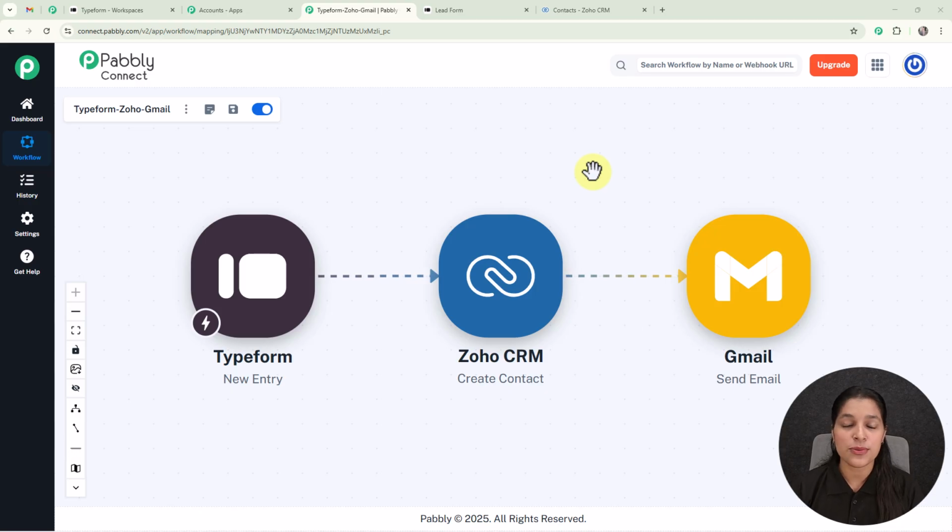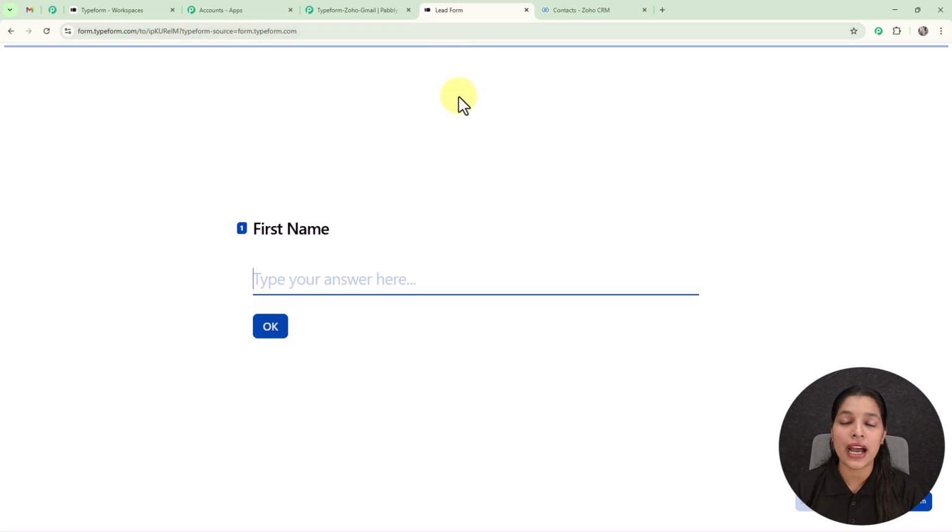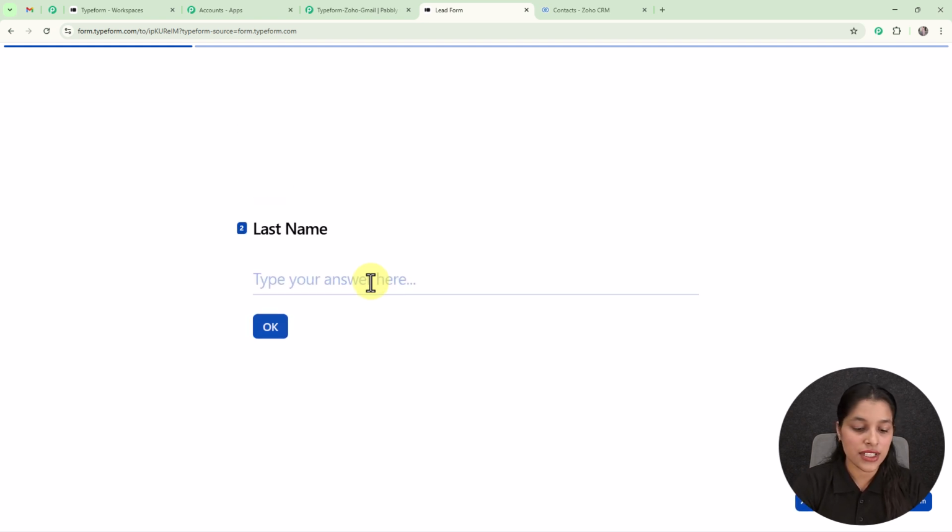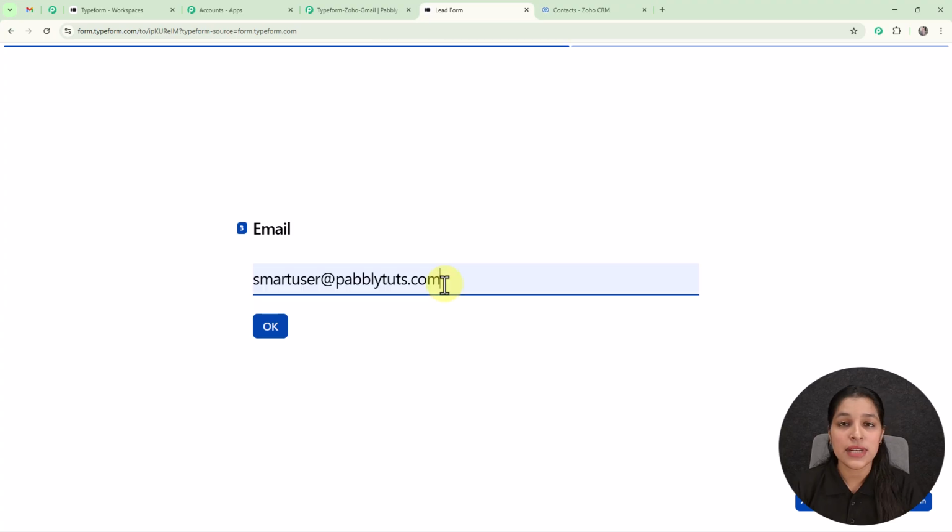For that, let's move on to my Typeform which I have created. Here you can see this is the Typeform I have created, named lead form, and now I am going to enter my first name as smart user. Here you can see I have entered my first name, and afterwards I am going to enter my last name as user, and here I have provided it. And now I am going to enter my email address as